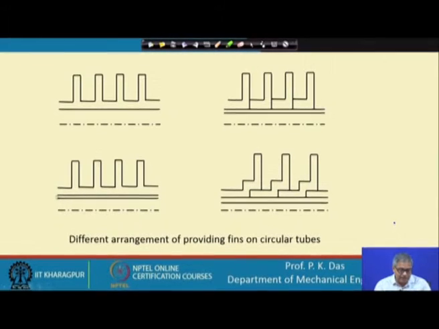Here again, this is the tube material and on top of that there is a sleeve which is having fins. Here is another kind of design, so that the fins are tightly attached to the tube material, which is shown here. So, many different kinds of designs are available, and finning machines are available. With the help of machines, one can provide the fins over the circular cylinder.